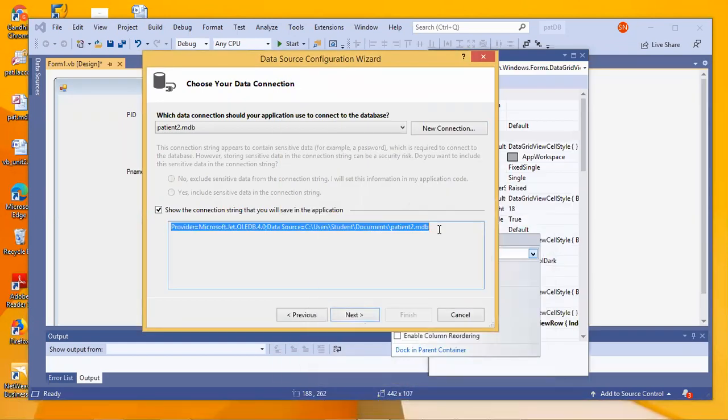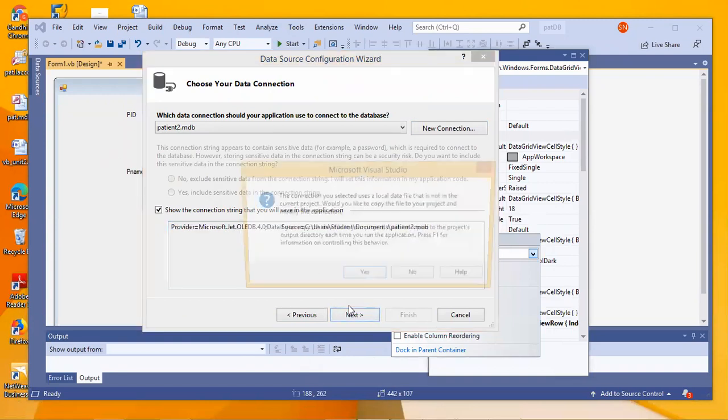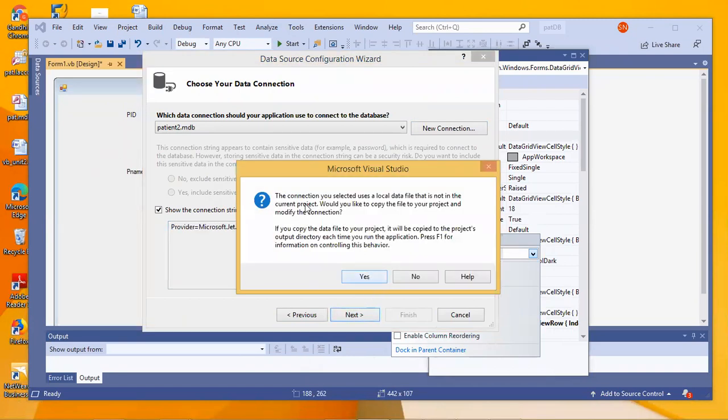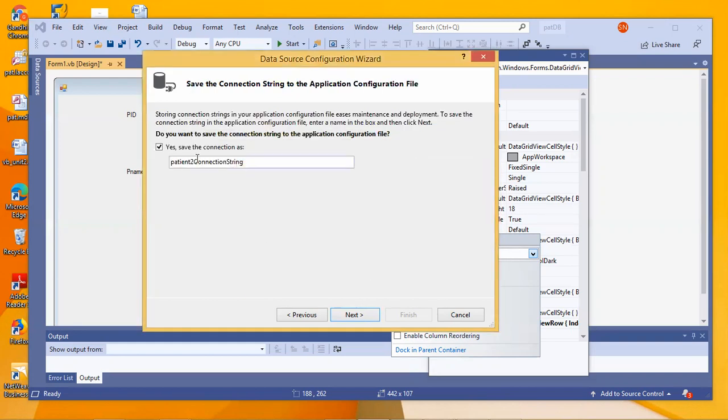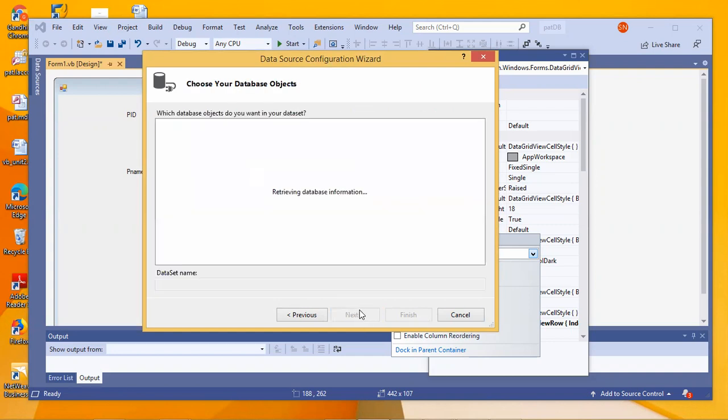The same thing has been provided. You can copy this and use it for the programming purpose. That's not a problem. Next, it is asking, I have created a database in other applications. Do you want to take that database and save it in VB.NET? It is asking for that. If you want, you can give yes, or you can give no. I'll just go with no itself, and I'll say save the connection, and I'll say next.